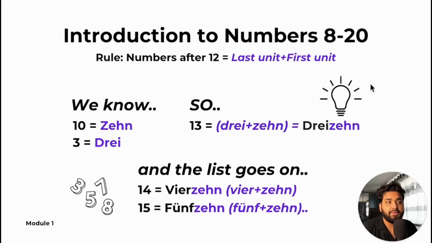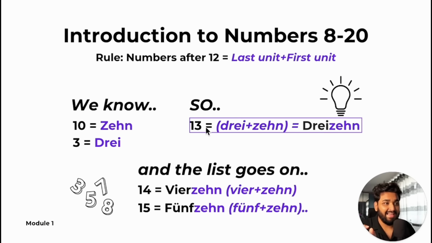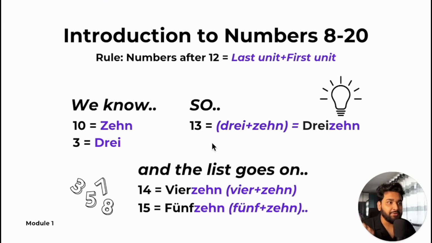Rule: numbers after 12 equal last unit plus first unit. We know 3 is drei and 10 is zehn. So, according to the rule, it will be dreizehn, 13. Remember, I just told you that the last unit will be at the first place and the first unit at the last place. That's why 3 and 10. And using the rule, you will continue like 14, 15,